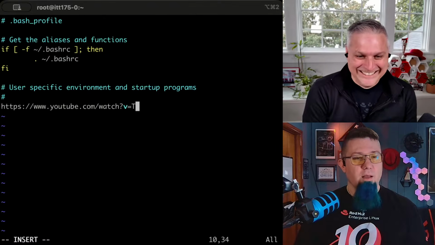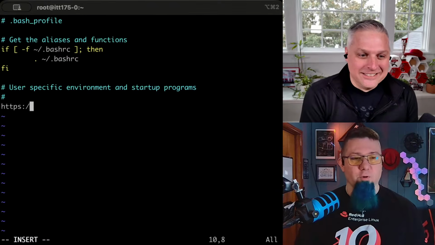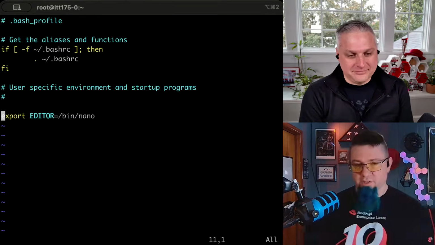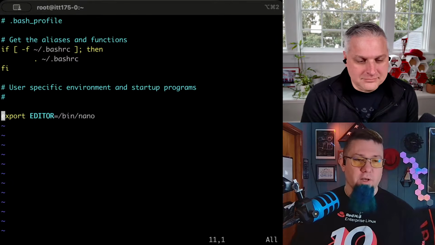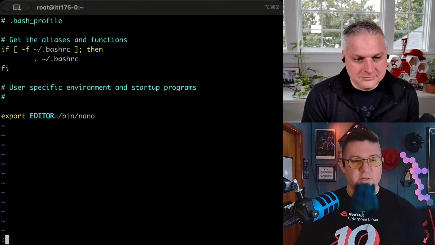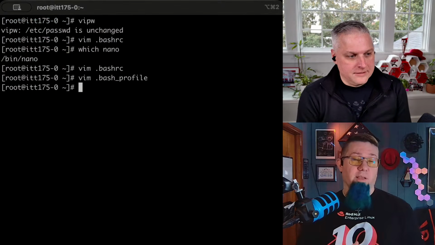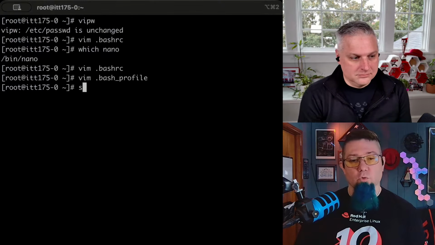I literally just copied it to the clipboard. I must have copied it to the... Hey, cool! It saved it between sessions. Must have been in the Vim clipboard. Okay, so now we're going to save. Now, of course, that doesn't go into effect immediately. I can log out and log back in again, or I can just use source